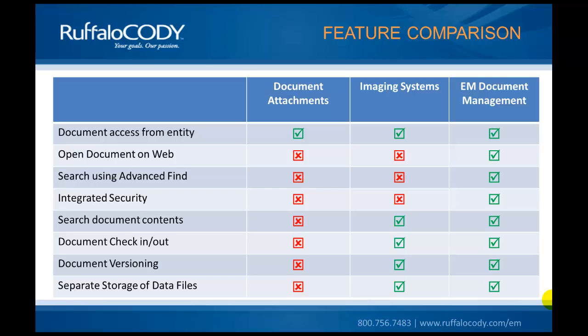The differences come when you dig a little bit deeper: opening documents on the web, as I mentioned, as well as search functions. Since this is built into Enrollment Manager, this functionality allows you to use Advanced Find to find specific records with documents attached, and we'll take a look at that in a minute and some of the options that are available. The integrated security that I mentioned, and the second two options also offer the ability to